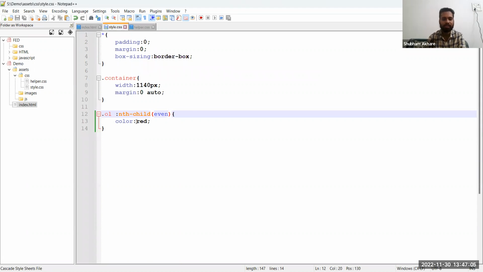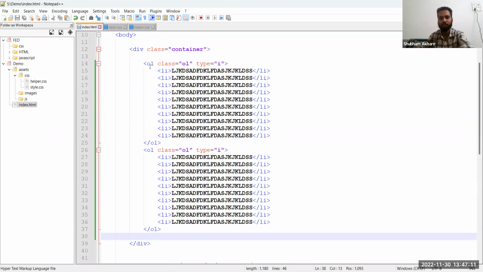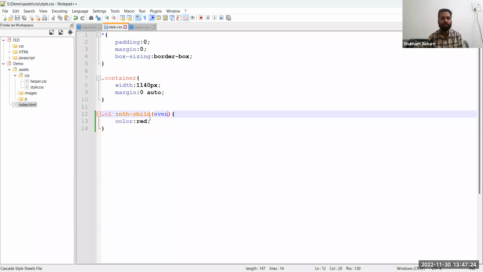Sir, as we see here, nth-child is applied to li only. So here it is applied to even li's only, that are children of the ol. Whereas if we do nth-of-type,